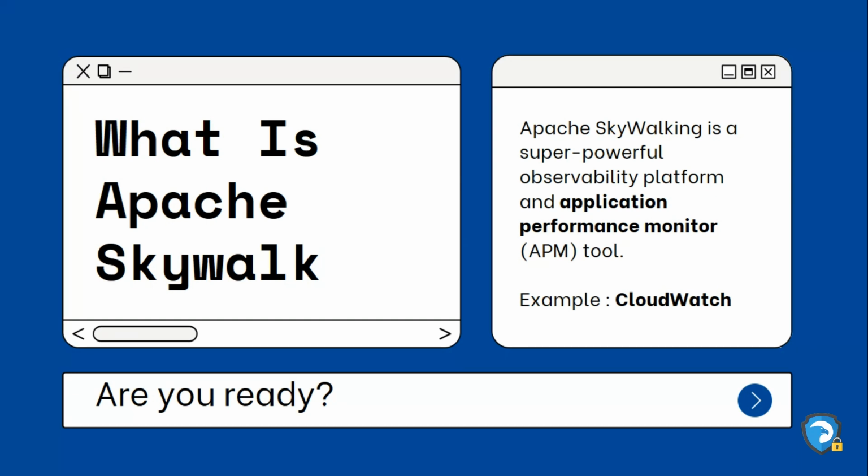Before we dive into the vulnerability, here is a quick introduction to Apache Skywalking. Apache Skywalking is an application performance monitoring tool that provides automated and high performance monitoring solutions for microservices, cloud native, and container based applications.